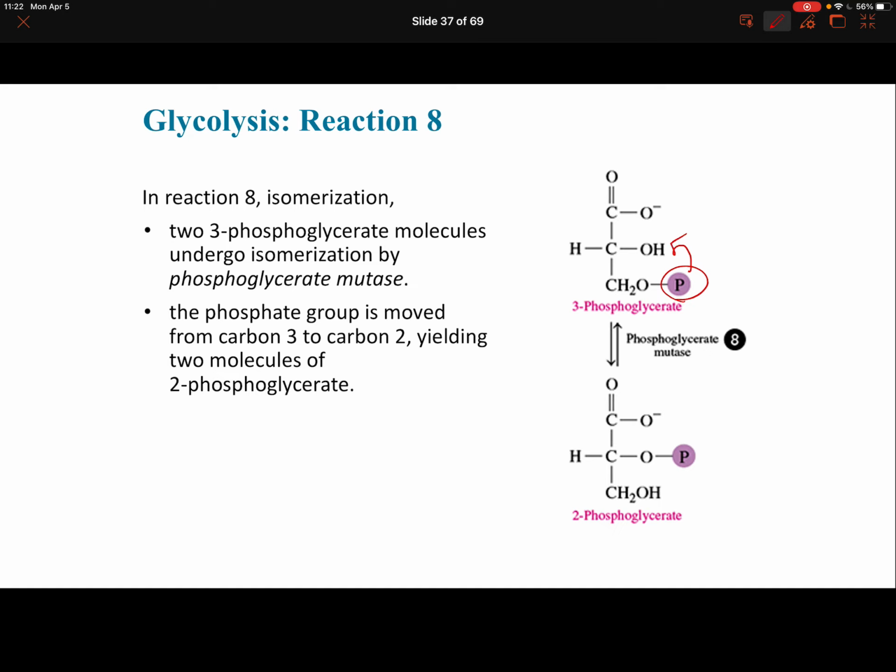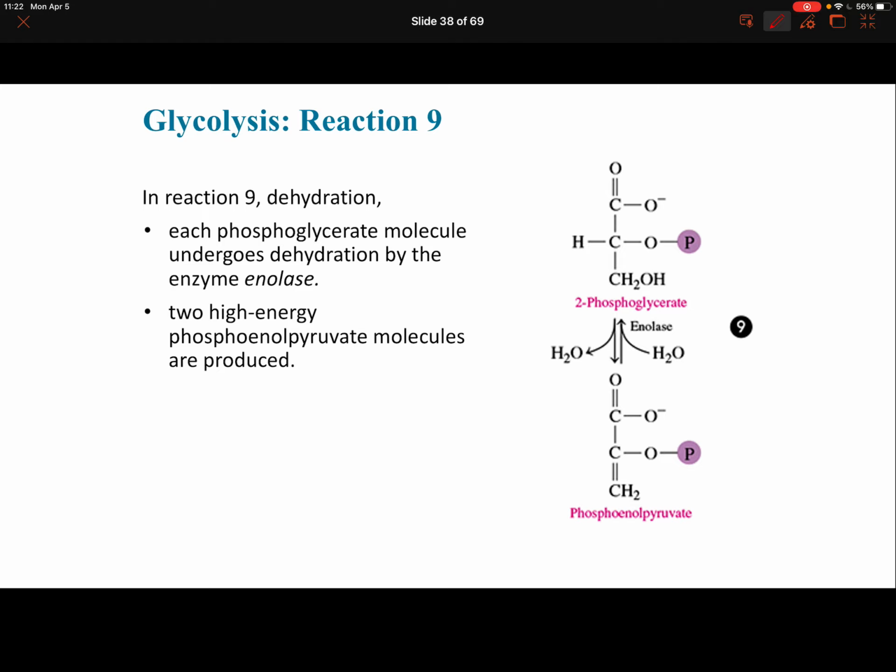So now we have 2 molecules of 2-phosphoglycerate. A dehydration step, catalyzed by an enzyme called enolase, basically removes some water. Now this enolase can add water or remove water, and in this case it's removing a water. And so then we get a loss of an H and an OH. We get 2 of these high-energy phosphoenol pyruvate molecules. So again, times 2. And this molecule here has a phosphate on it that we're going to use to make